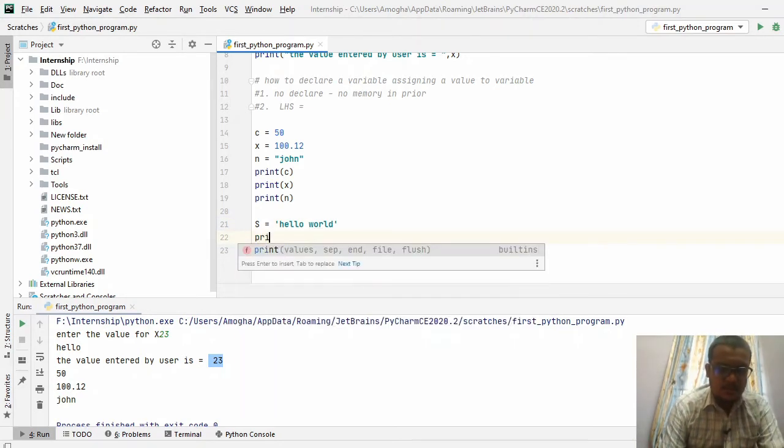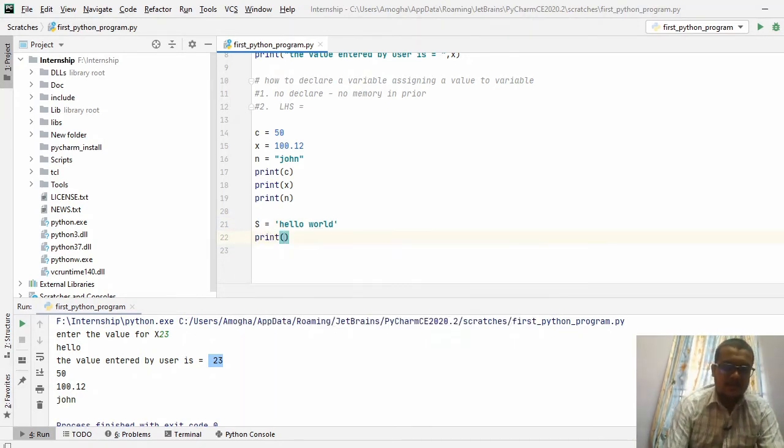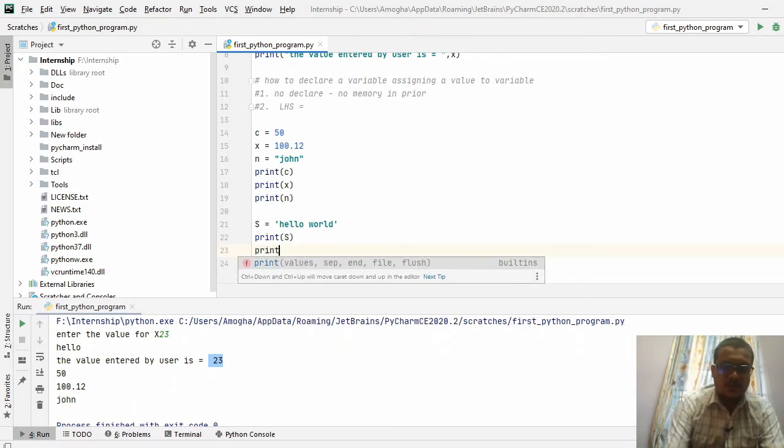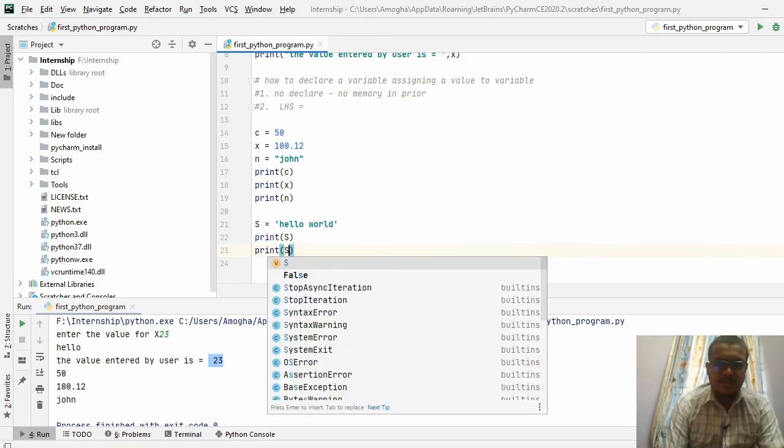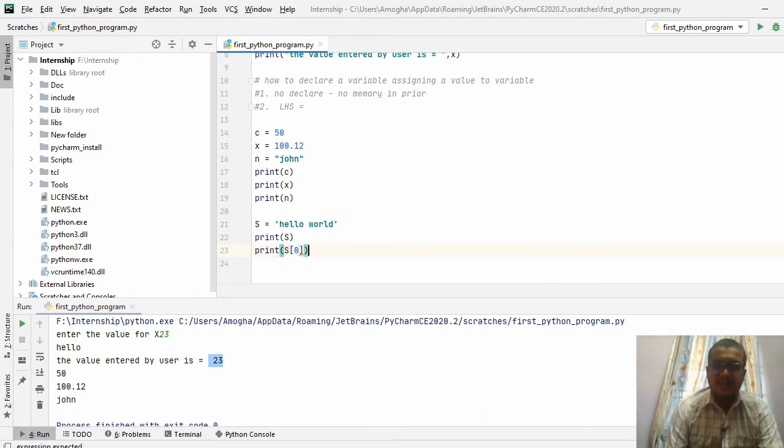So this is a hello world. I am just printing the string without having any slicing. Okay, the S is caps. Okay, now I am going to have a slicing operation. For slicing operation, you need to use square brackets. I am accessing the first element.